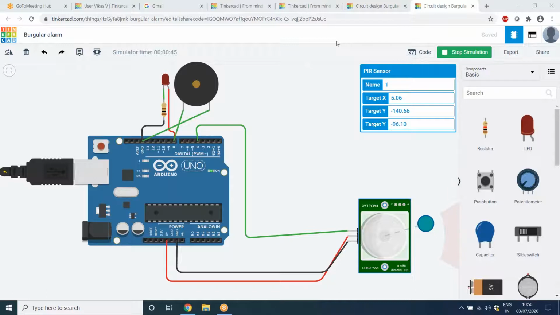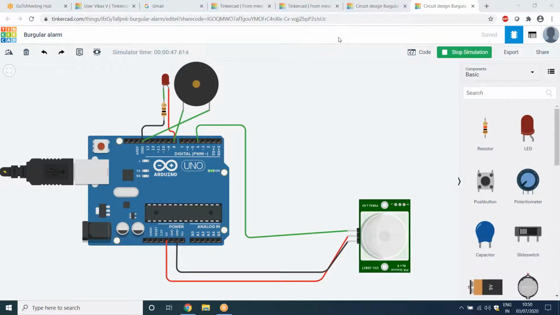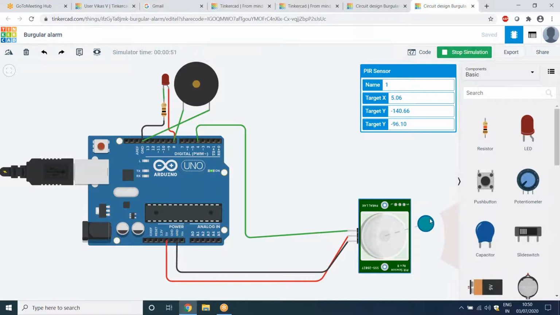So then also I'll not get, right? Are you able to hear that sound? I am able to hear the sound, but no, we are not able to hear.